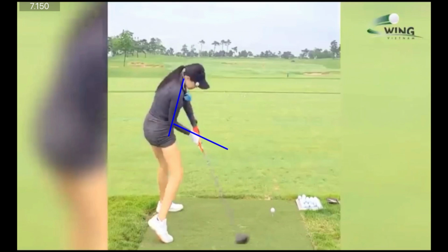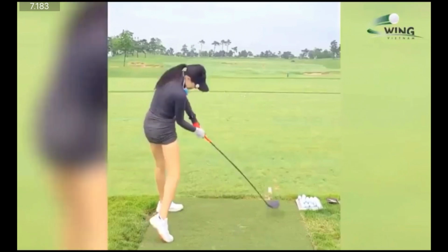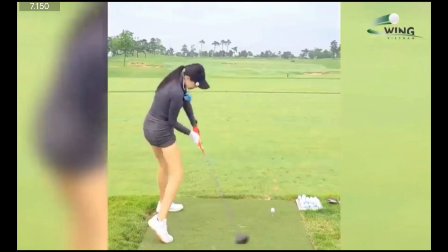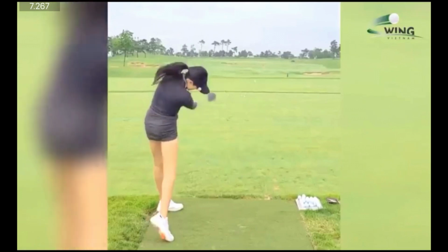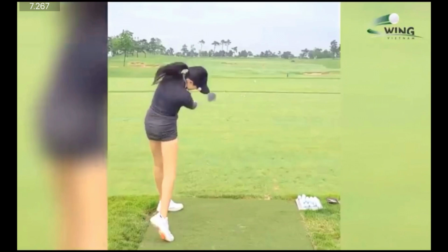The right shoulder is trying to move in front, and that allows her to keep that right arm later into the release, that right arm flexion, which is critical for a push release. That's what it is. It's extending that right arm at the tricep quickly through the hitting area. Now you'll see she doesn't have the strength of Jon, so she releases a little bit later, but she still has a very aggressive release through that strike with that right arm, and you'll see the hips are now done. They're just posting up. The right shoulder can't really move, so it's all just that right arm releasing the club,